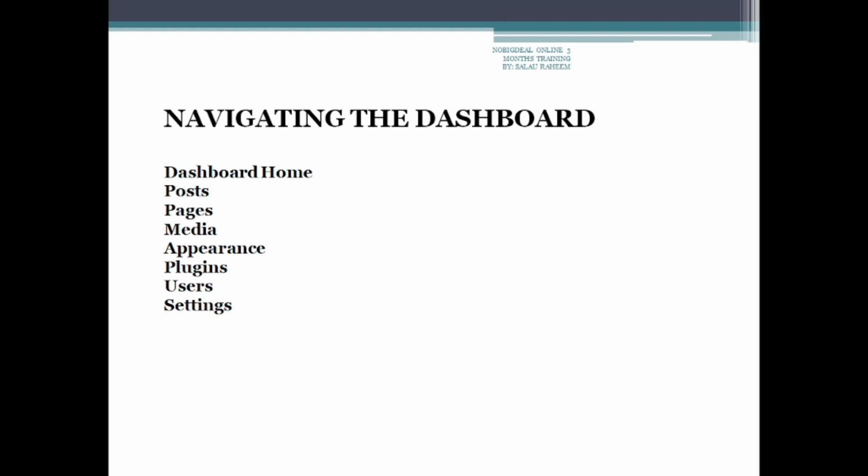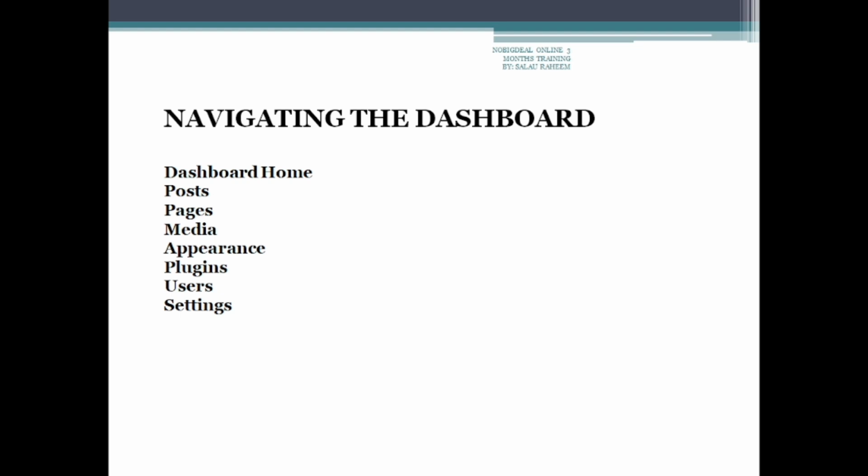Under here, we'll be looking at the dashboard home. That is an overview of the site activities, everything about the site. Then we're looking at the posts. That is managing the blog posts. If we want to post something, this is where we manage it. Then pages.